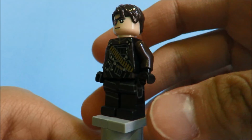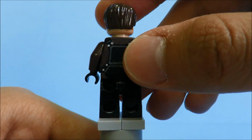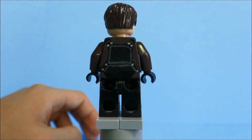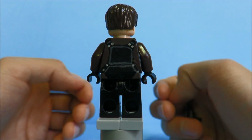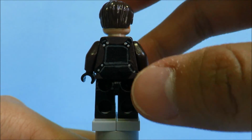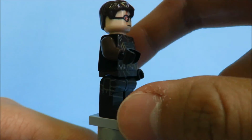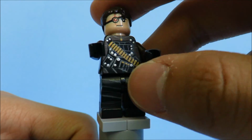To be honest, he doesn't have any detailing on the sleeve because he doesn't really need it. And it was really hard to find a reference picture of the back. So what I did, I tried to find this one scene where Deadshot and Diggle first met each other, and they start fighting. I only had a brief glimpse of his back, and this is what I could make up. It's probably not entirely accurate, but I did my best. And here's a gun holster here, and he has a lot of straps. He has another gun holster here, and he has painted